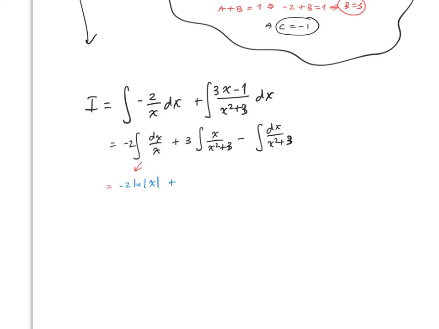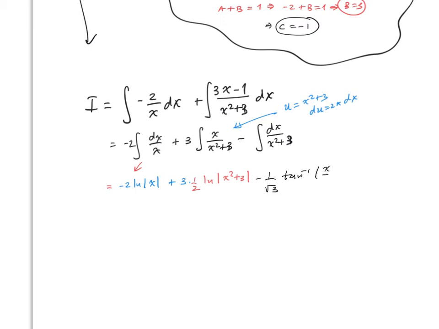of x. Now notice that for this one you can just use a substitution. For that one you can say u is x squared plus 3. So du is 2x dx, so therefore this is the 3 you have there. You need 1/2. And then this will be ln of x squared plus 3. You do substitution. And the last one is just tangent inverse. But because of the 3 here, you just have to modify a little bit. So this is 1 over the square root of 3 times tangent inverse